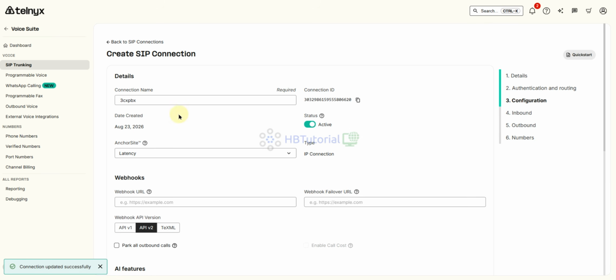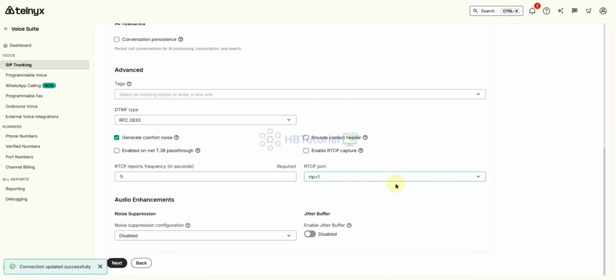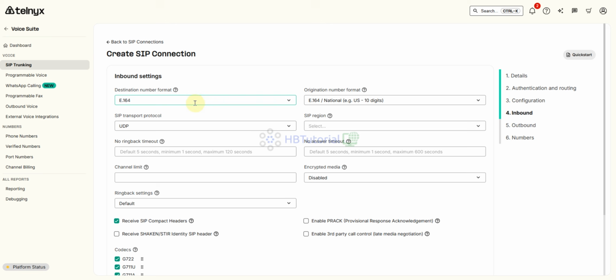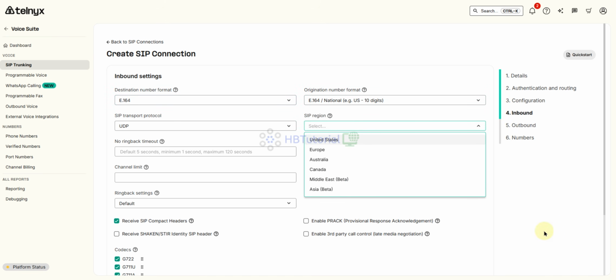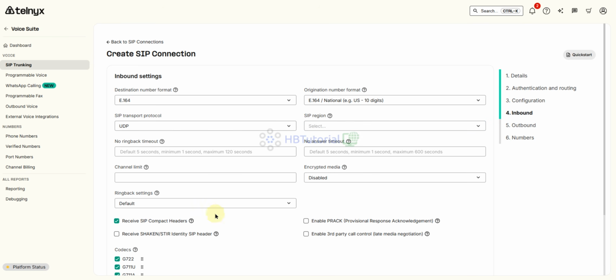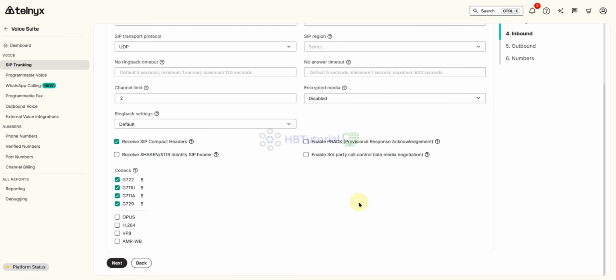From here we don't need this, just next. Only E.164, UDP transport, SIP region, no need for that. Channel limit, you can put two channels for now. Next.